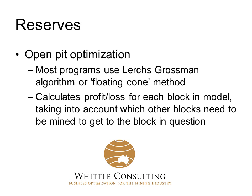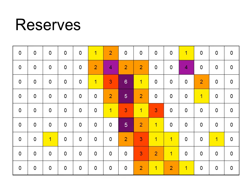To illustrate this process, let's look at a simplified example using just a single vertical 2D slice through an imaginary block model. The numbers in the blocks show their in situ value, based on their grades and a selected metal price. I've color-coded them to represent this in situ value. At the top of the model is the ground surface. Now assume blocks cost 1 unit to mine, so that our rock mechanics